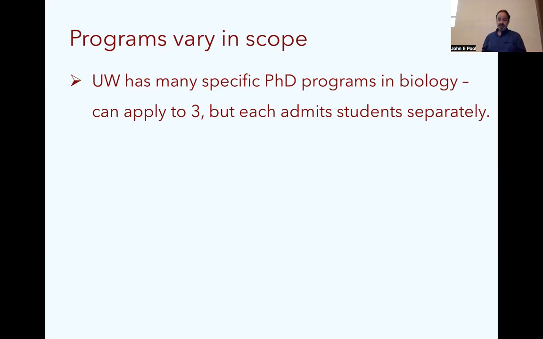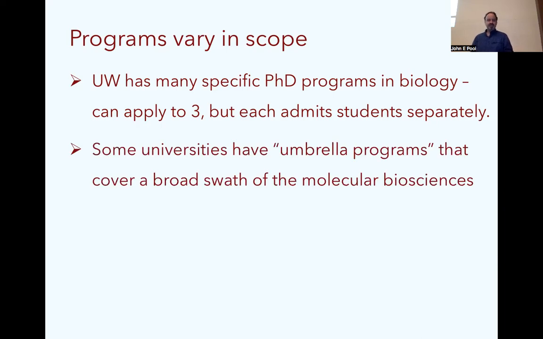And here, our applicants can simultaneously apply to up to 3 of those. They could tailor the statement separately for each. But basically each of these programs makes their own decisions about who to admit, and students enter them independently. At some schools, there are other arrangements. Some universities have, at least on the more molecular side of biology,